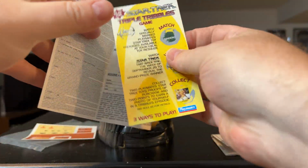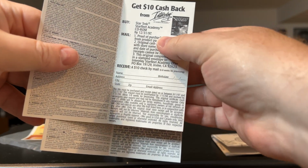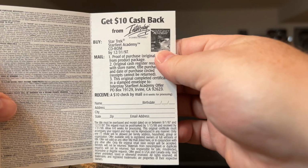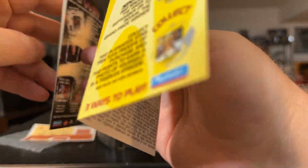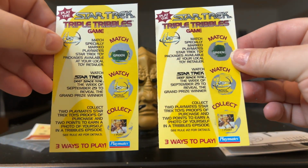Good luck with that. And then it's the same on this side too. So yes, I still have the box to this. I have this and the Chekhov's missions, the expansion for it, in a box back there. But it looks like someone played the game and